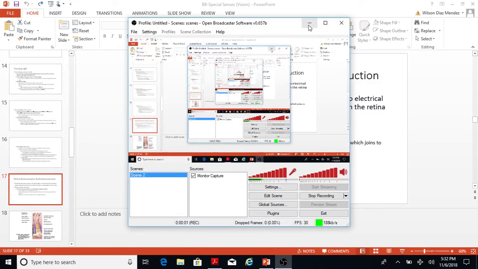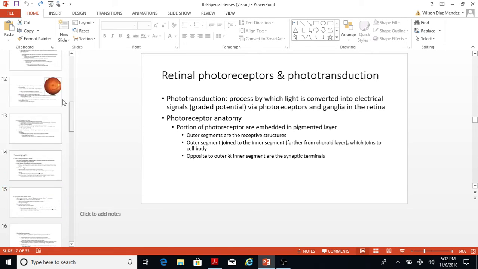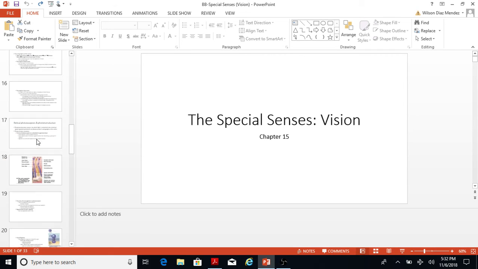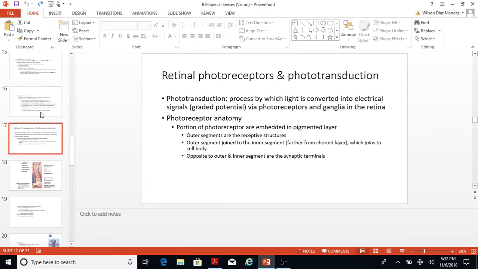Okay, so this is going to be the recording for part two, part B of the vision chapter, the special senses chapter, where specifically we're just covering the vision aspect of it. But part two is the one where I wanted to make the video because this is more physiological, less microscopic anatomy. So this is really just going to be the phototransduction, and then also the visual pathways,